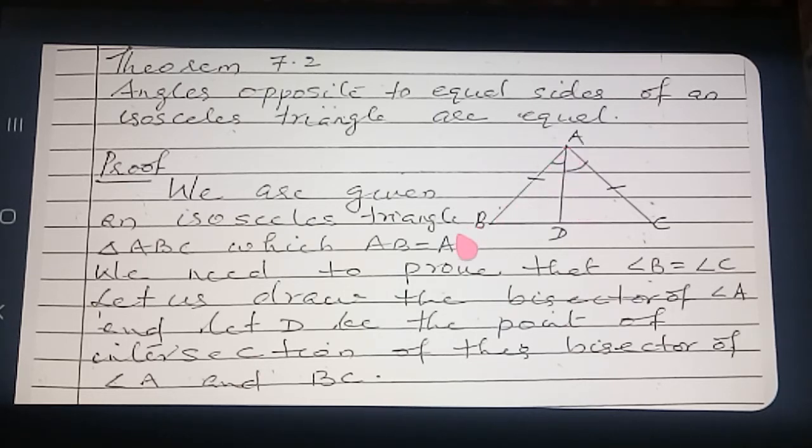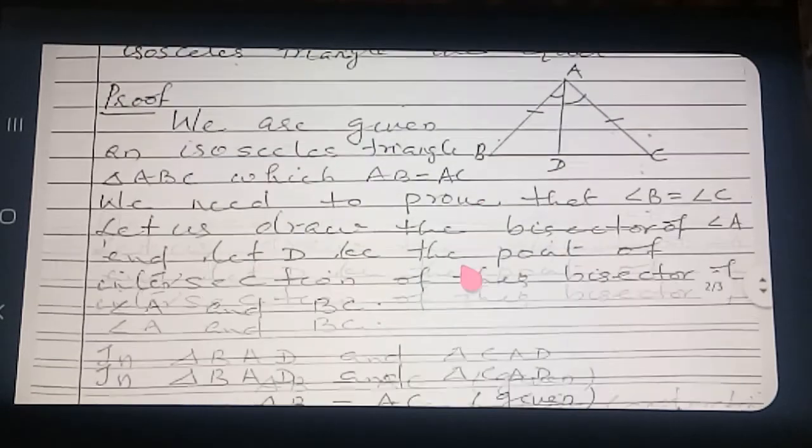You see, AB and AC are equal, known. Yes or no? Yes. Angle BAD is equal to angle CAD, known. What's the reason? By construction, since it is the bisector. And the next point, AD is the common side. AD is common to this triangle and this triangle. Therefore, by which result will you apply the SAS axiom? Yes or no? Yes. You can go to the proof written here.